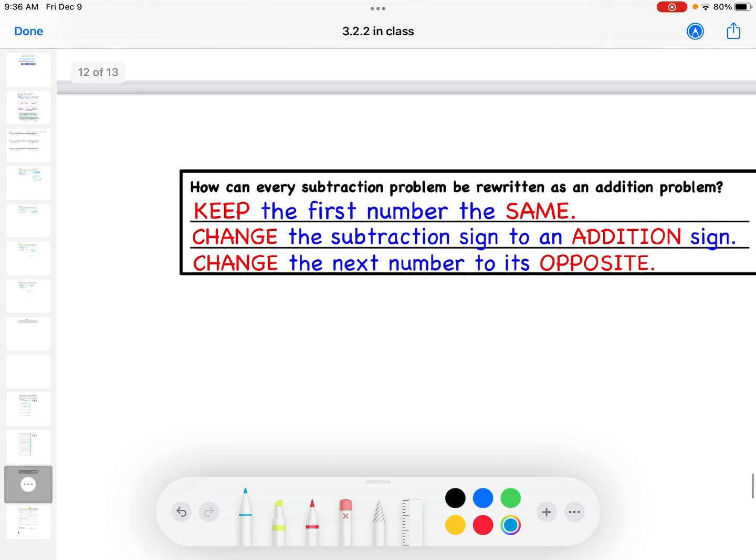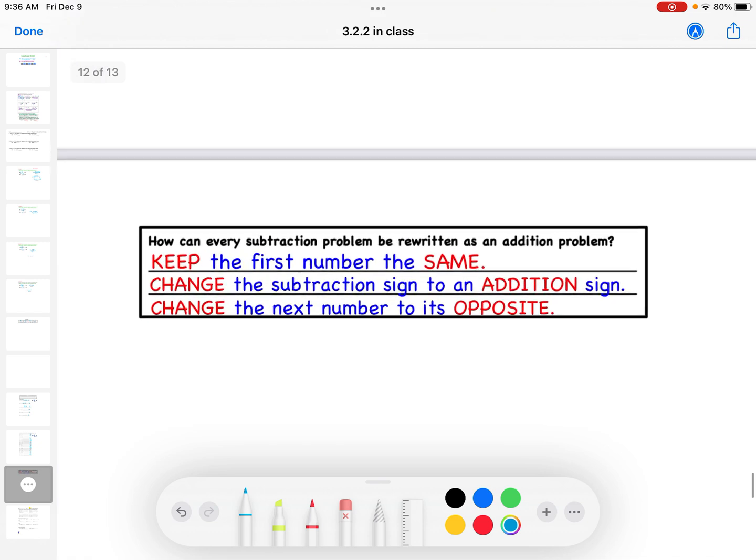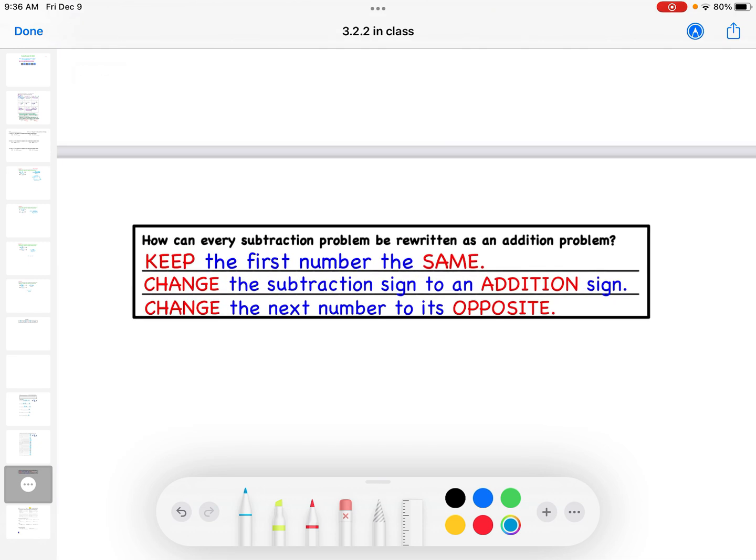All right, so now the last part, that's kind of a nice summary too. Keep the first number the same, change the subtraction sign to an addition, change the next number to its opposite, okay? That's it. That's as quick as I want to make this video so that you guys can get to your work. Make sure you show your work for page 1, page 2, and then complete the homework and show your work there and